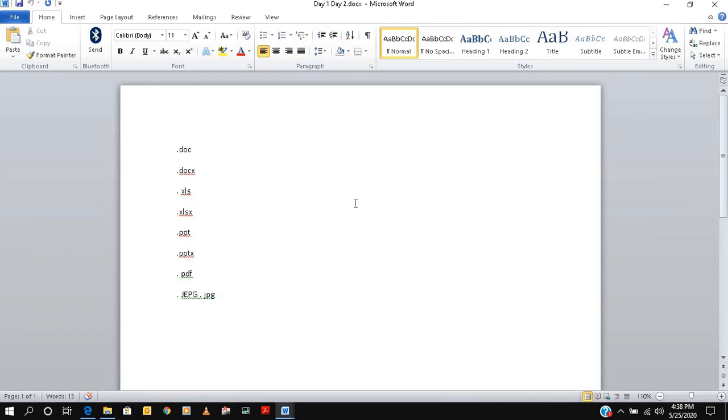So what we created as a docx file. Then xls is the same as 2003, and xlsx is after 2007. Then ppt and pptx are the same. So xls is for Excel files, ppt is for PowerPoint files. Then we have PDF: all the reading files or documents, whatever documents there are, are in Adobe Reader format, so the Adobe Reader extension is PDF.